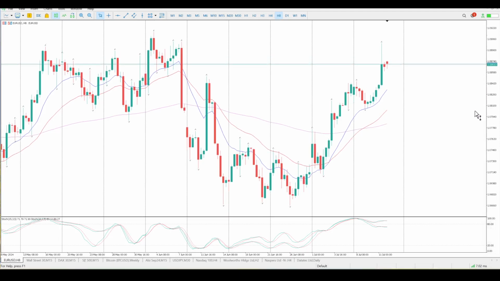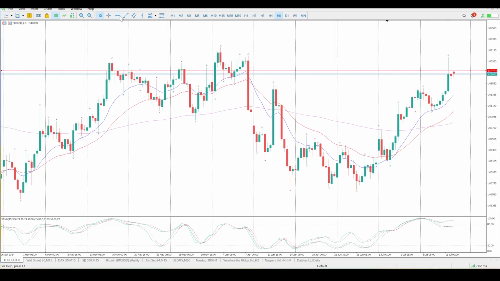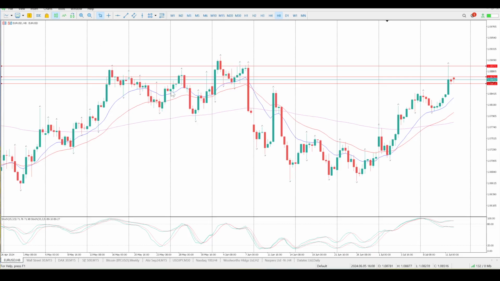So we did have CPI data yesterday which gave us a fairly strong bar, but it's been met with mixed emotions. But if you just look left, I don't want to put all the levels in here, but I need to put 3 in. If you just look left, you can see all these levels. Each one of these fractals is a level that is going to offer potential resistance. So we need to break through that zone and come back and test it before we get too excited about